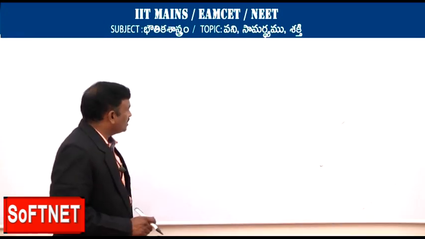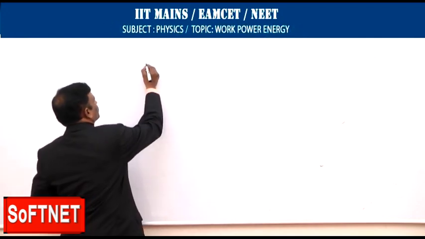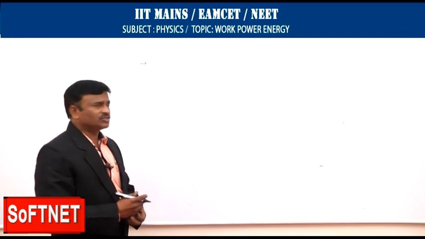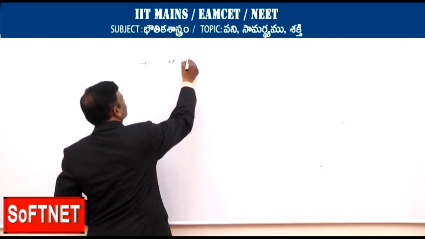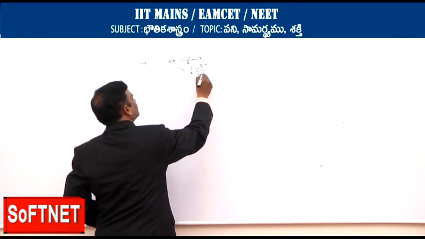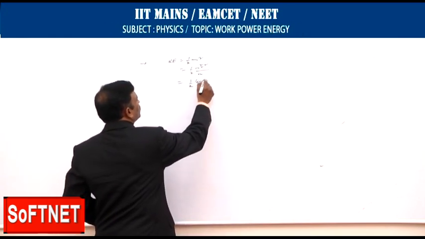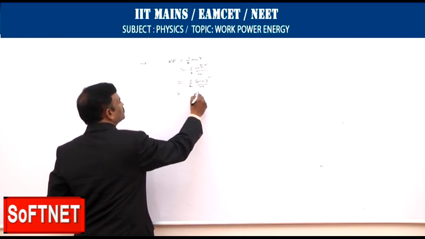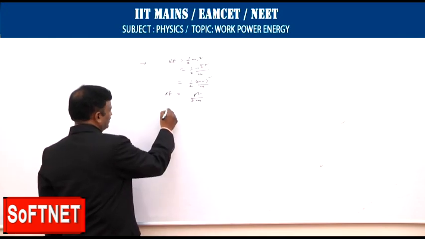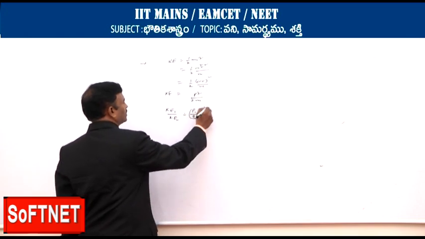So far we discussed power, energy, and work, and let us now see the relation between momentum and kinetic energy. Kinetic energy is equal to half mv square, which is half into m square v square by m. I am just multiplying and dividing with m. So half mv whole square by m, so p square by 2m. So kinetic energy is equal to p square by 2m. Here KE1 by KE2 is equal to P1 by P2 whole square.